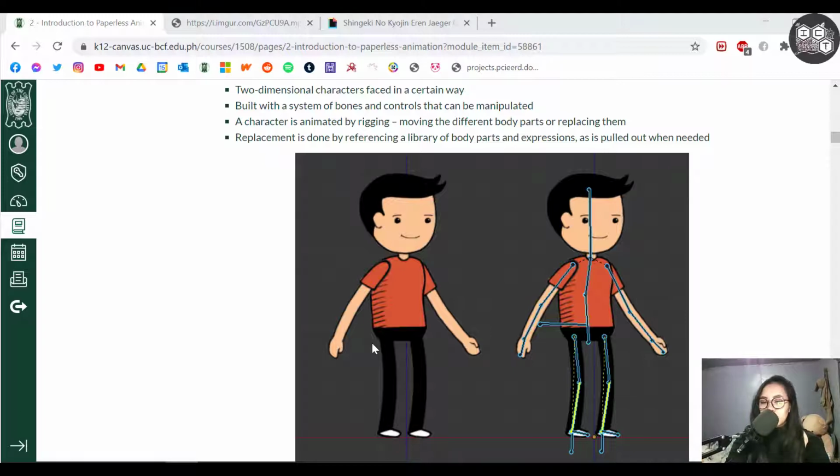The way you're going to manipulate it is through an idea which we call rigging. Rigging is essentially moving the different body parts or replacing them in the case of your facial expressions. If you're going to move them, it is connected through a system of bones. These bones would help aid you in terms of how it's going to move. For example, if you're going to move your lower arm, you're going to move it according to the elbow right here. You're not just going to rotate it based on the center of the shape,